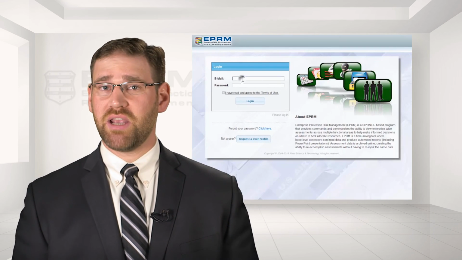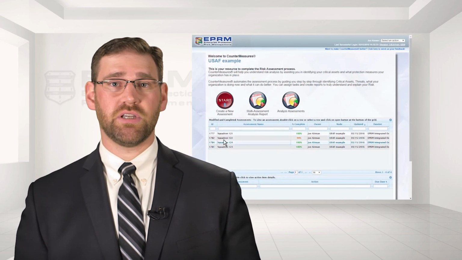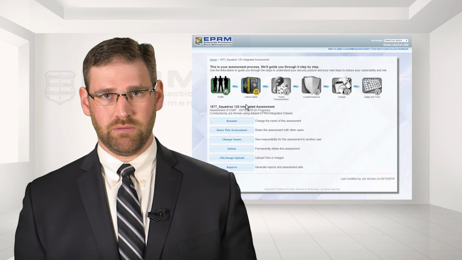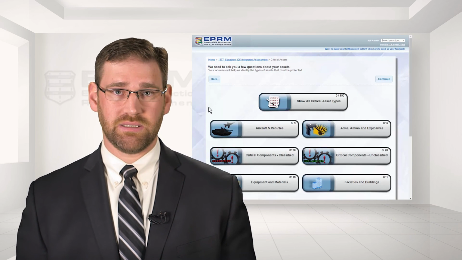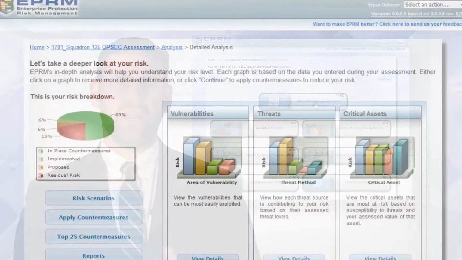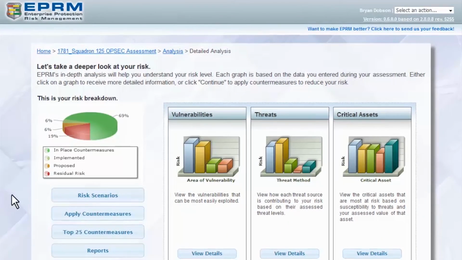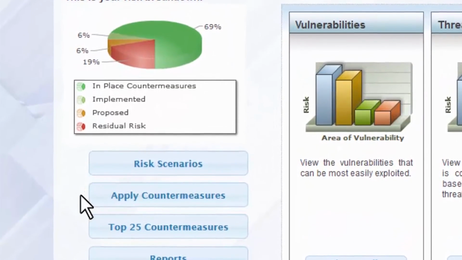However, standardization alone is not enough to realize the benefits to commanders, because there are still challenges associated with drawing meaningful conclusions from such a large volume of risk scenarios. This is where automation comes into play. To handle the volume of data and make it useful to decision makers, automation is critical. It does not and cannot replace the knowledge and contribution of security professionals who conduct the assessments, but it can quickly and efficiently calculate the risk from hundreds, thousands, or even tens of thousands of risk scenarios,